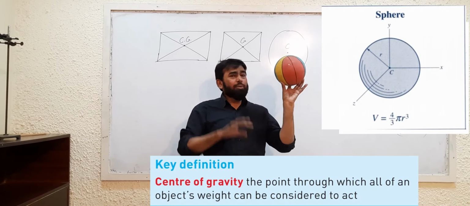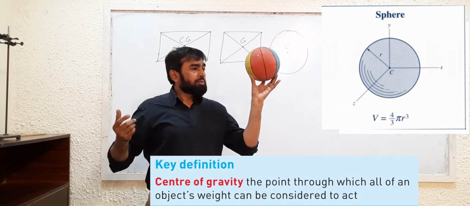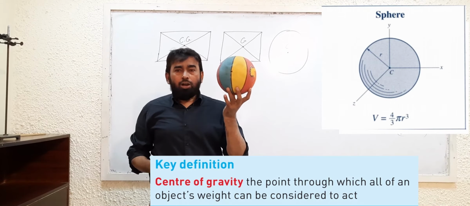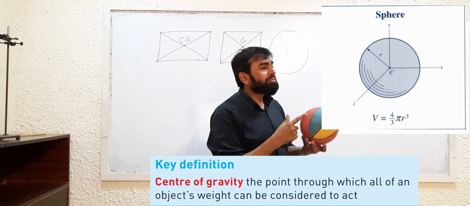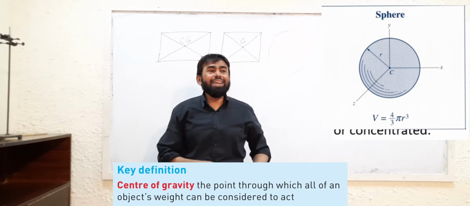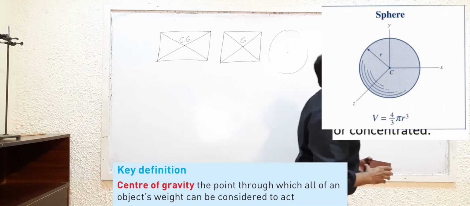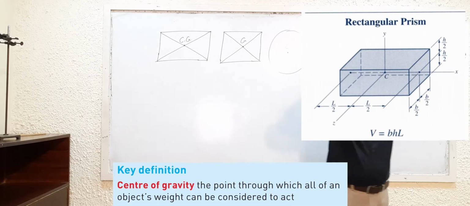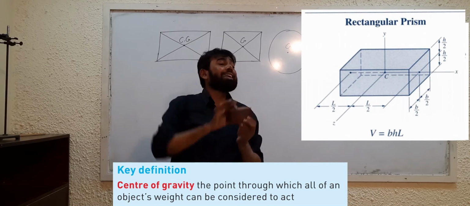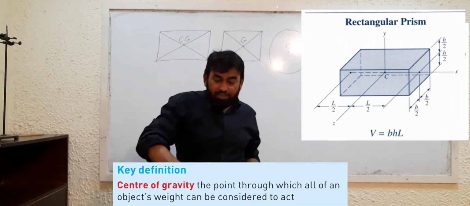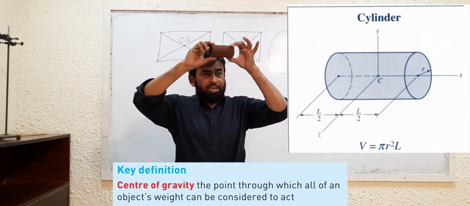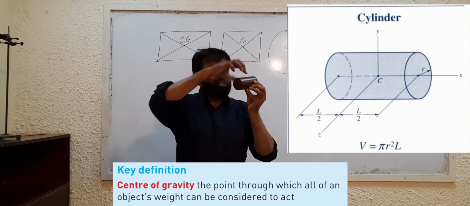Inside this ball. Inside the ball there is a hollow portion. It is within the center of this ball, inside. Like if we are talking about Earth, the center of gravity is lying in the center of the Earth. If I have this rectangular shaped object, it is also inside it, where the whole weight of the object appears to act. In the same way, this is a cylindrical object, so its center of gravity is inside this.